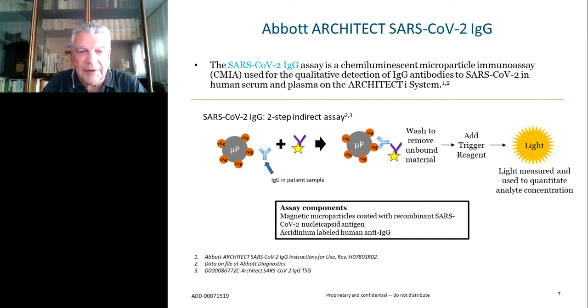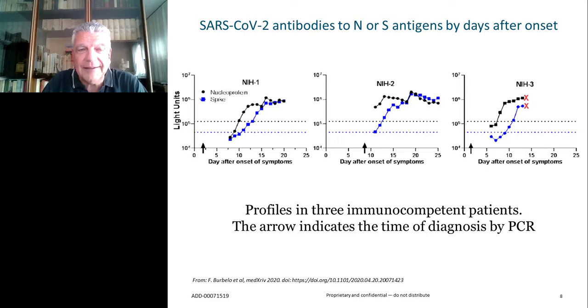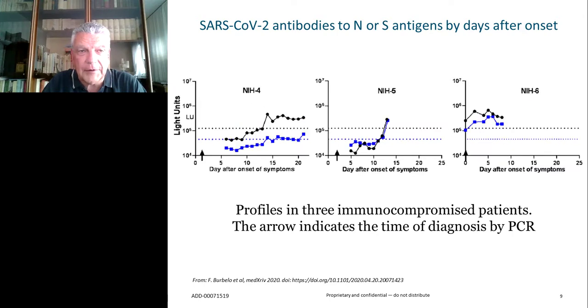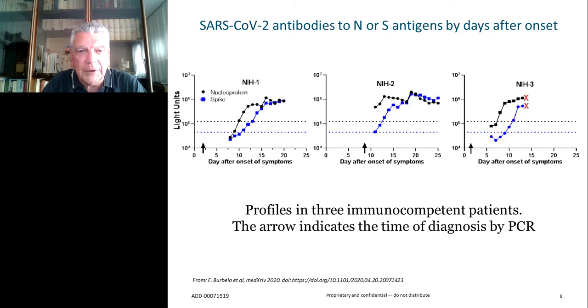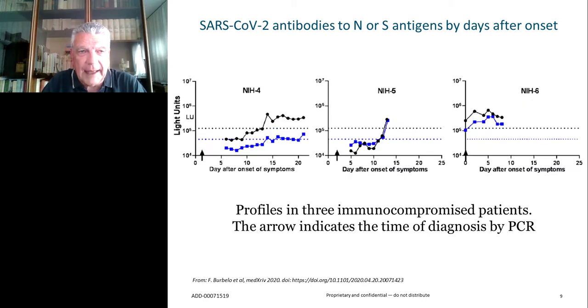Let's start with the target selection you see here. As you know, the most immunodominant regions are the spike and the nucleocapsid ones, and assays may target one or the other according to which is the preferred need. So, having selected the nucleocapsid was based on the fact that during infection, nucleocapsid antigens are usually expressed to a higher yield compared to spike, and as a consequence, the antibody response towards nucleocapsid tends to appear earlier and possibly stronger. You see here, immunocompromised patients, and here immune competent patients, how it may happen.